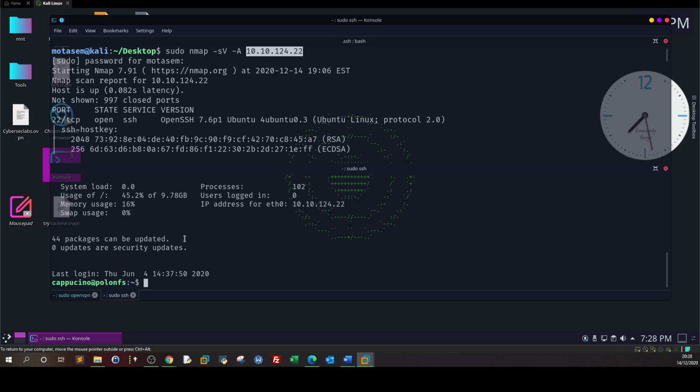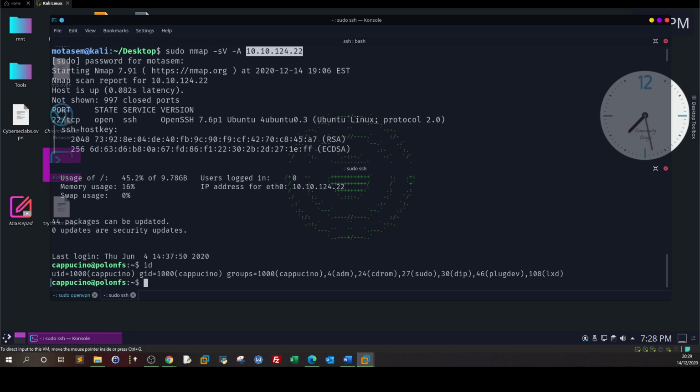Okay, now it worked. So right now we have logged in as Cappuccino. Now this is the typical way of exploiting a network file share. If you have found out that there is a share running on the server, and you can mount it and access whatever you want, you just look through and find something you can use to get a low privilege shell. So if you type id here,